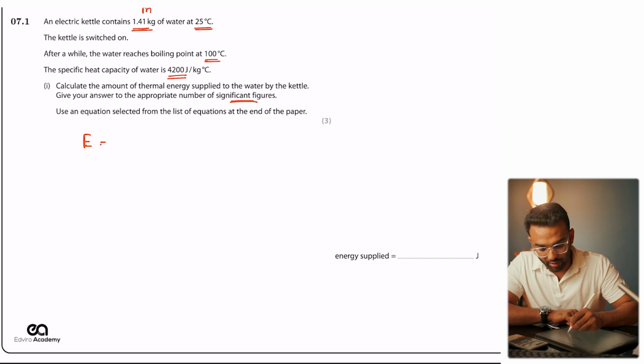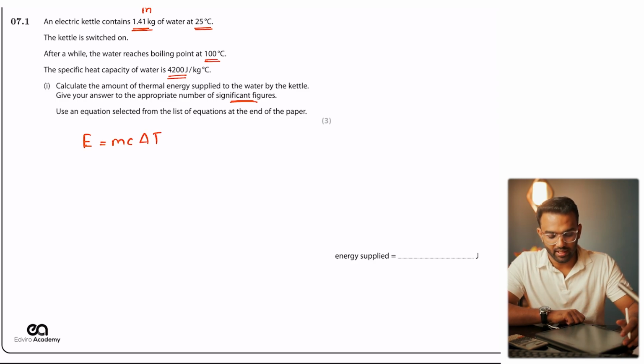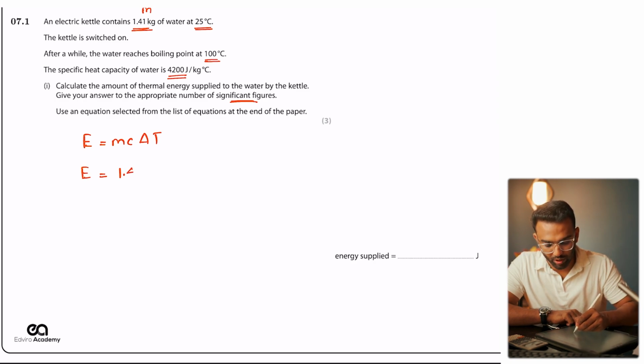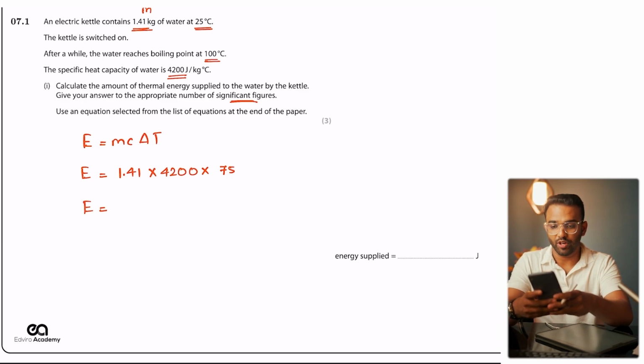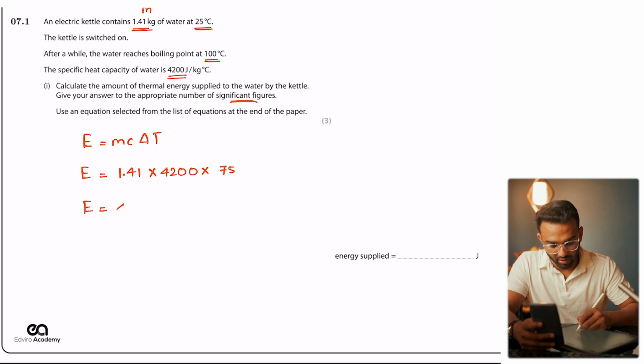So E equals mc delta T. You must be very familiar with this formula now. Energy, we don't know what it is. We are working it out. Mass is 1.41 times 4,200 times change in temperature, which is 100 minus 25, which is 75. Put that in your calculator. 1.41 times 4200 times 75 is giving me